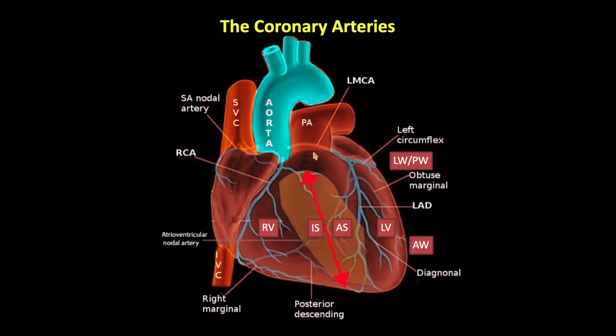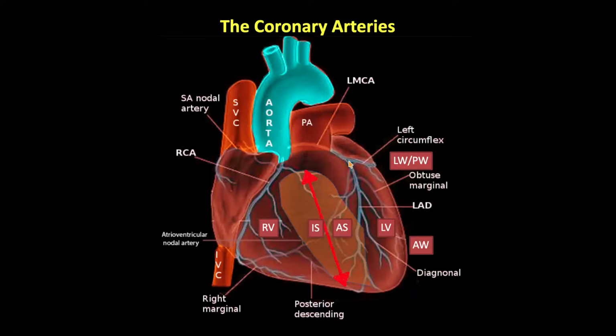Then I will bring in the arteries here. So you have the left coronary artery. You have the left main over there. And then as it comes down, it branches into the circumflex and the left anterior descending, the LAD,